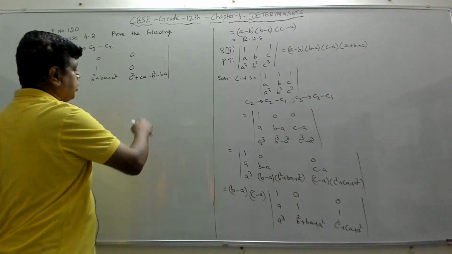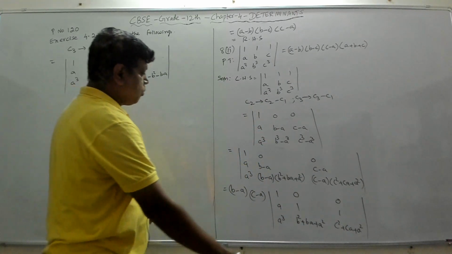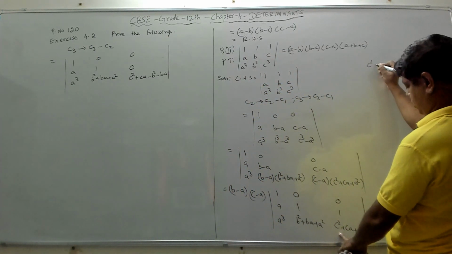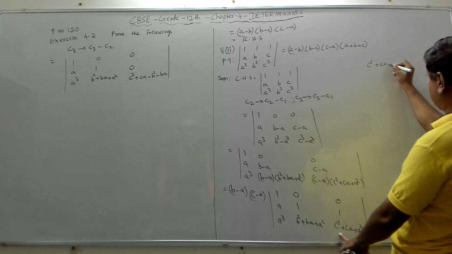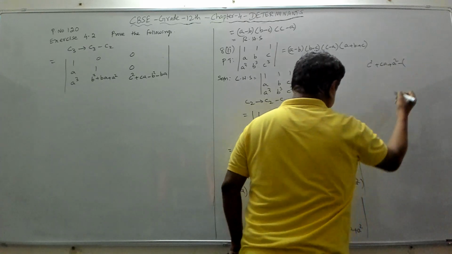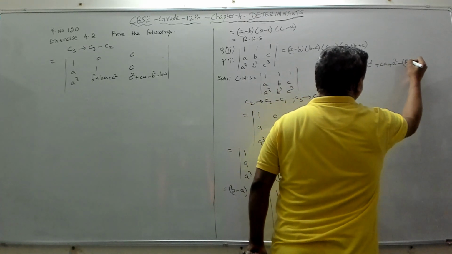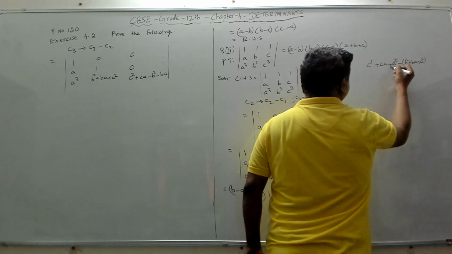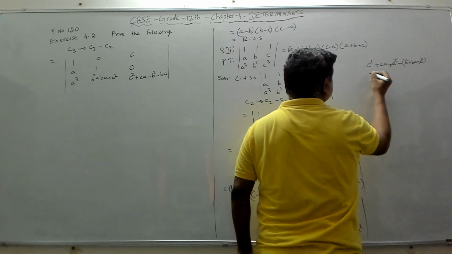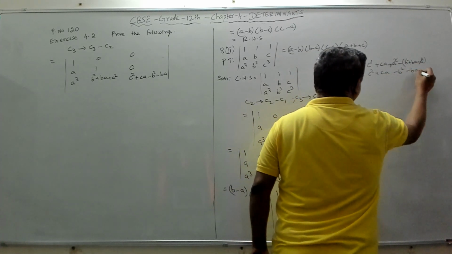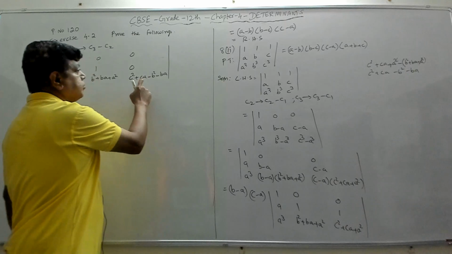You will get minus B square minus BA. Clear? So what I am doing here is, I am writing it as rough. So this C square plus CA plus A square minus this, B square plus BA plus A square. Then this will become A square, this is minus A square, cancel. So you get C square plus CA minus B square minus BA. This is what I have written here.